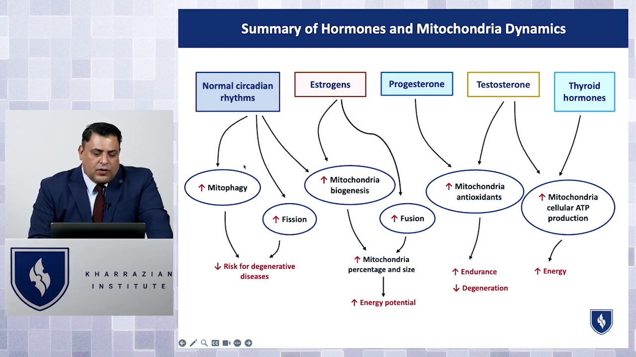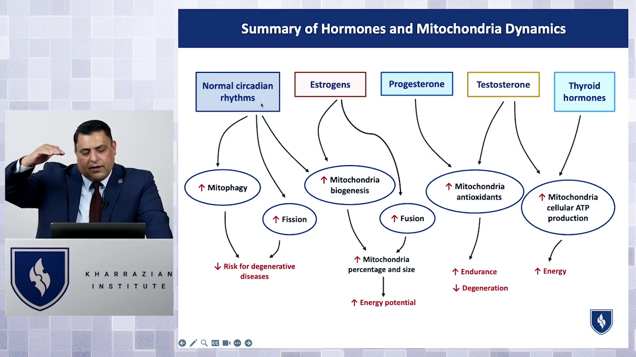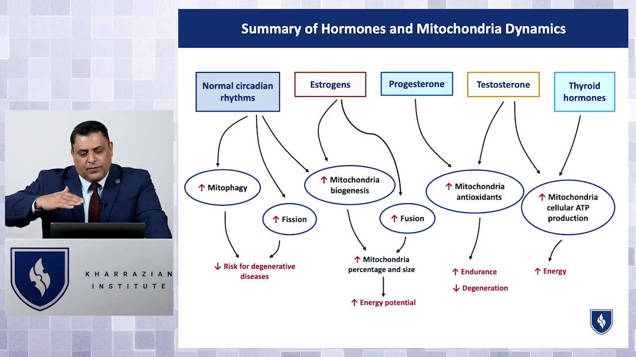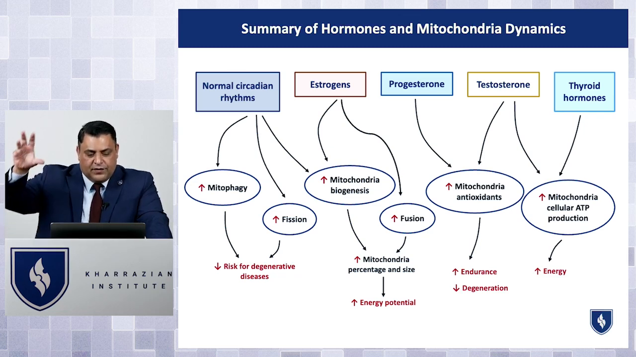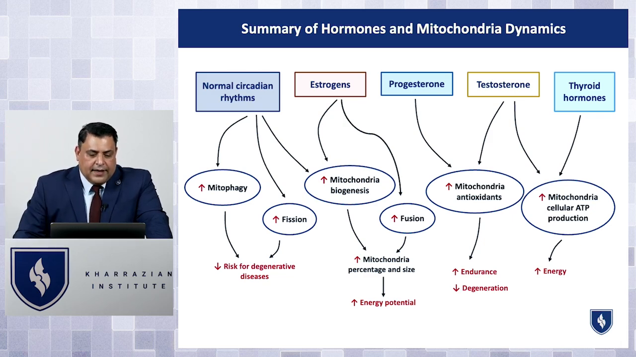So when you look at normal circadian rhythms, the ability to wake up, sleep, the normal rhythms of even menstrual cycle rhythms, these things are really critical for mitophagy and fission. Fission is breaking off the debris part of the mitochondria that needs to be cleared out. And these rhythms, the normal circadian rhythms of cortisol and melatonin, are also really important for mitochondrial biogenesis,